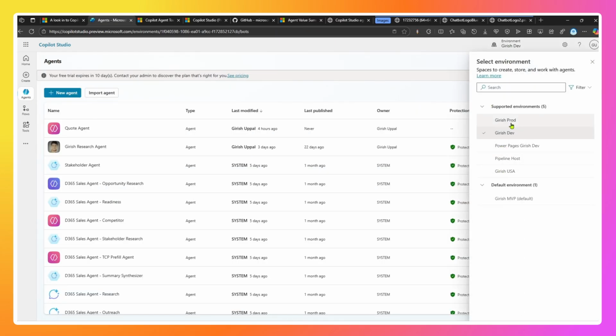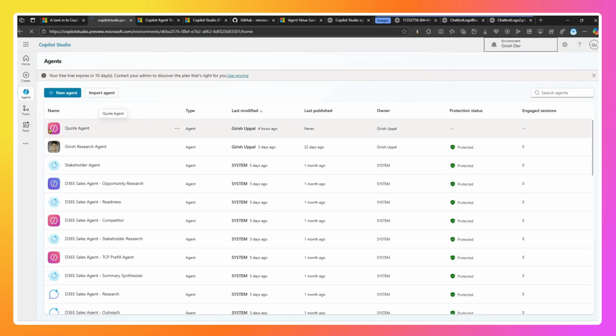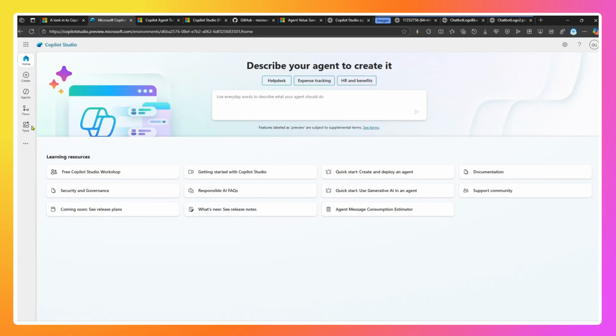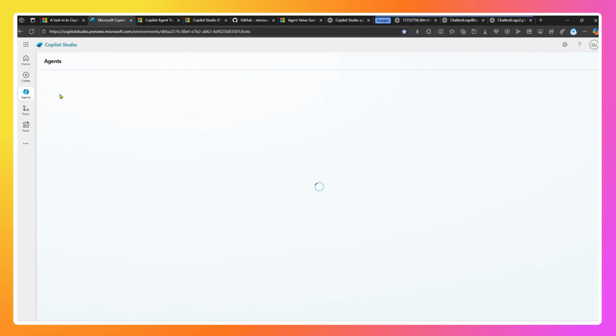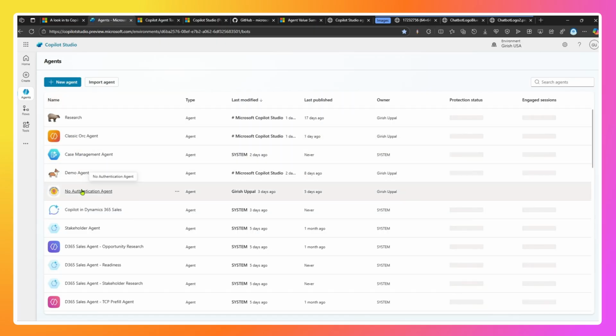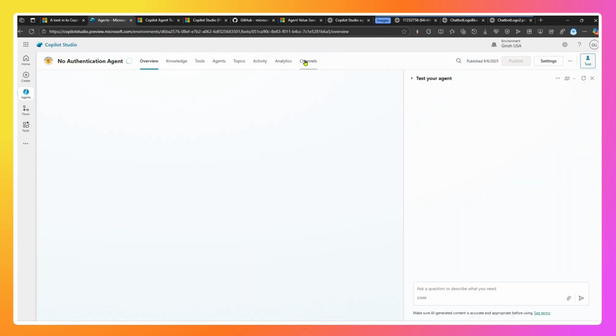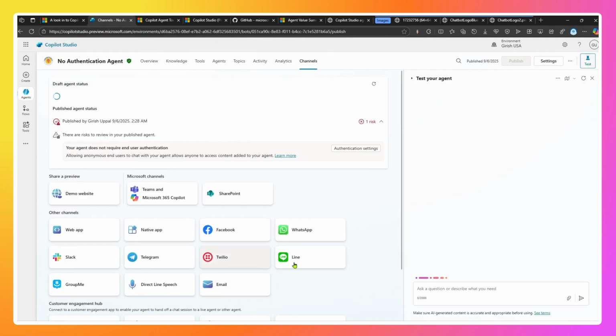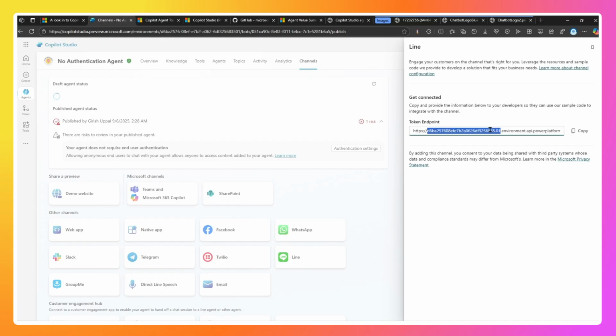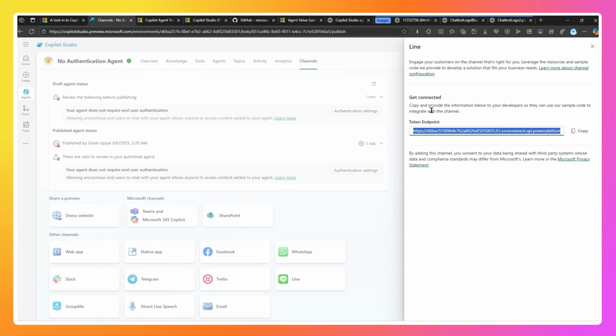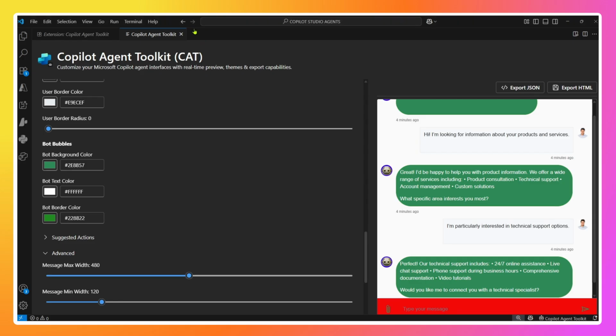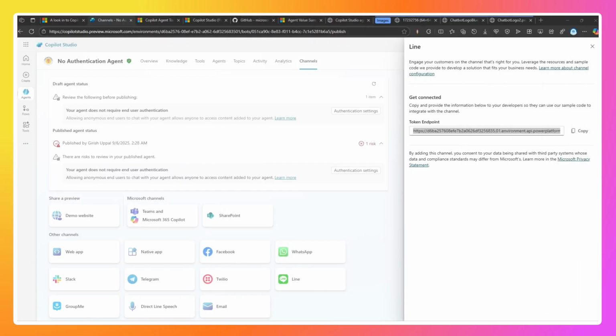So I have an example over here. If I navigate to, say, Girish USA, I should be able to show you one agent which has anonymous authentication enabled. Once it loads, I think it's a no authentication agent. So if you go into the channels, then I think you should be able to copy this token endpoint and paste it over there. So this is all about the